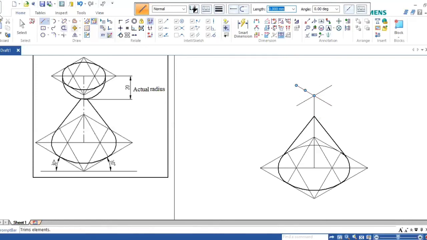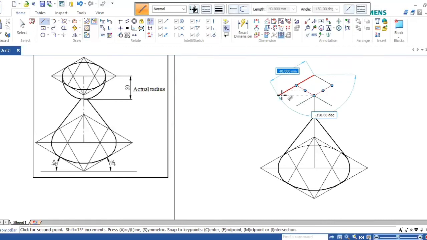Now make a square box. 20 by 150. Then join this side parallel to this 40.